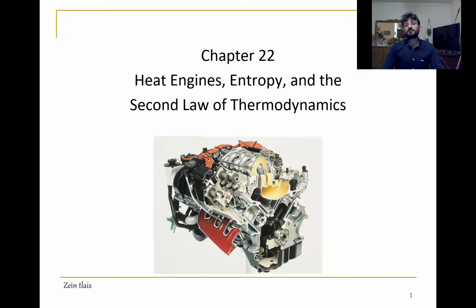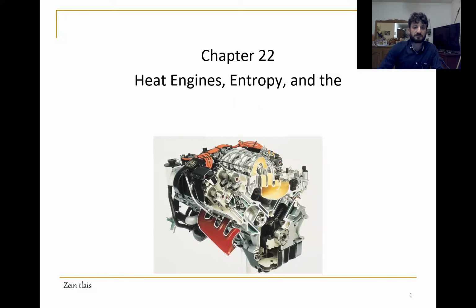Chapter 22, here I want to talk about the heat engine, entropy, and the second law of thermodynamics. You know, in the last chapter,